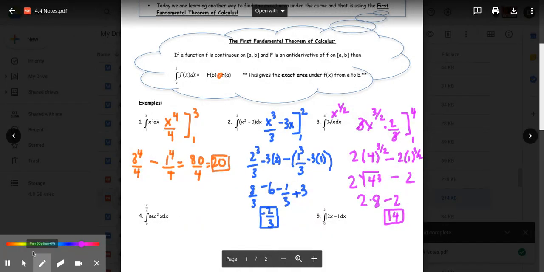All right, let's try this next one. Integral of secant squared. Well, we should know this, it is tangent. And you're going to put your bracket to show what numbers you're plugging in. You're going to plug in top bound first. So it's tangent of pi over 4 minus